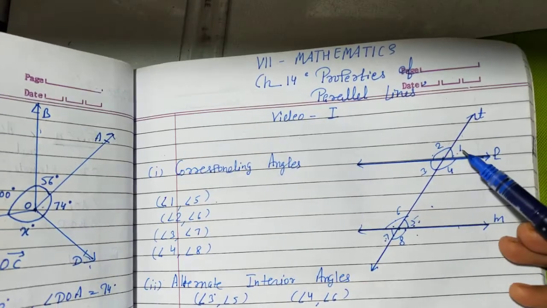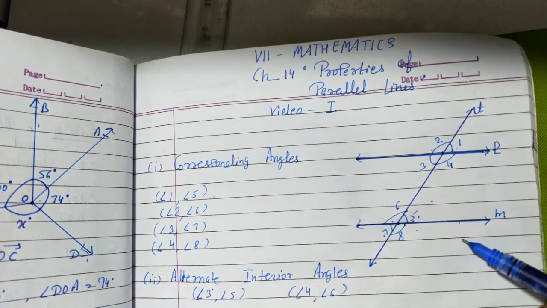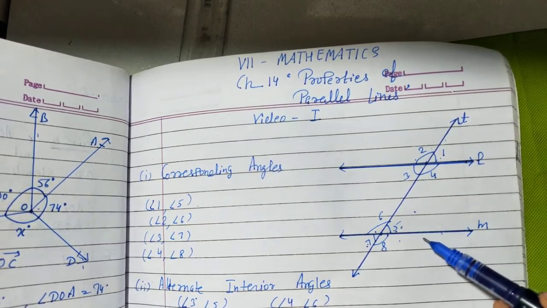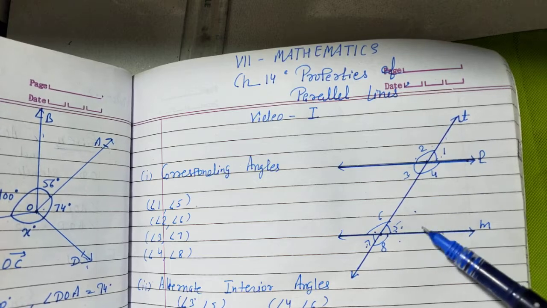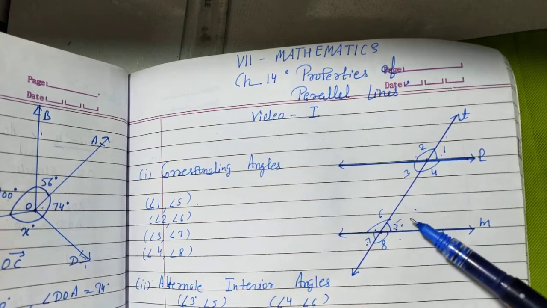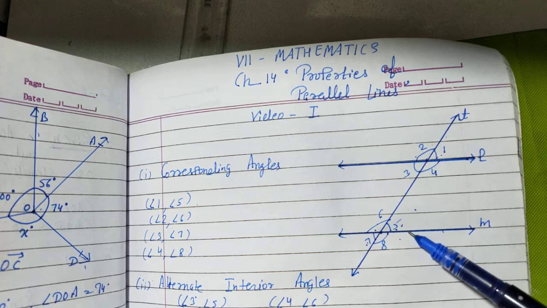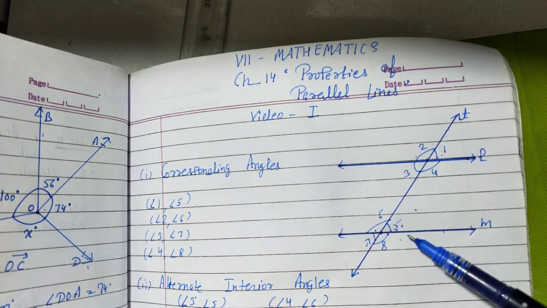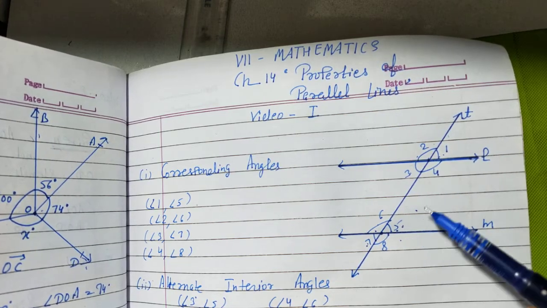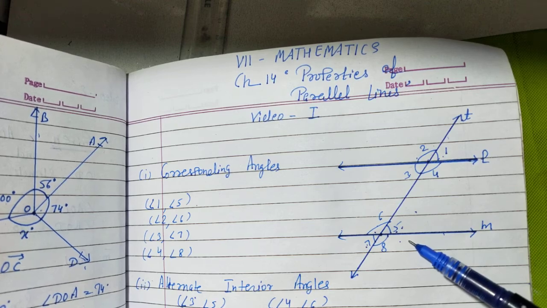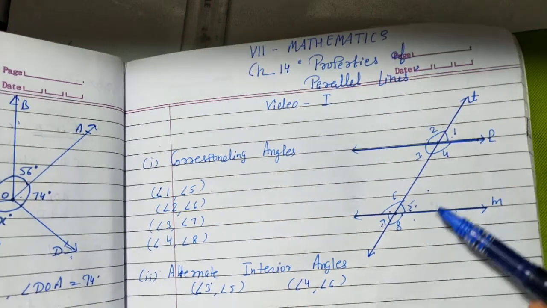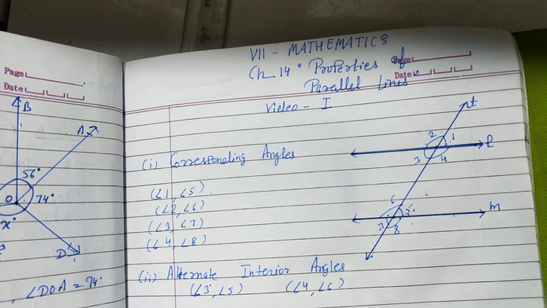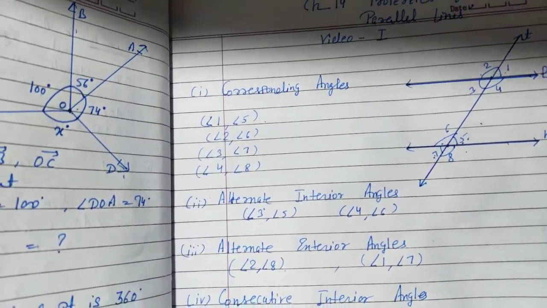Now, all the results are conversely also true. Means if you are having two lines intersected by a transversal such that the angles of any pair of corresponding angles are equal, then you can say that the two lines will be parallel. If the angles of any pair of alternate interior angles or alternate exterior angles are equal, the lines will be parallel. If the sum of consecutive interior angles is 180 degrees, then also you can say the lines will be parallel. Getting class? Now if you are having any one angle out of these 8, you can find the rest 7. Let us start our exercise and solve.